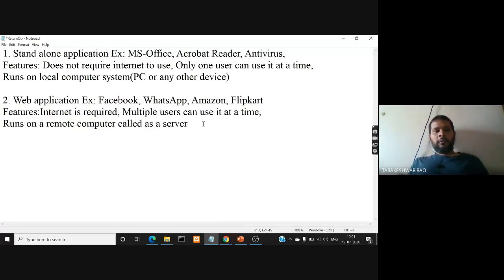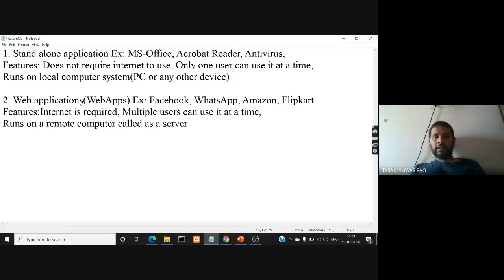And coming to web applications, let us confine ourselves to web applications only, because we are not going to deal with standalone applications in this subject, because the subject name itself is web technologies. So what this subject includes is all the software or programming technologies, you can say, that can be used in developing web-based applications, or simply web applications, or even in short, we can call them web apps, right? So I'll put it in the brackets here so that you can understand. Even web apps refers to the same web applications.